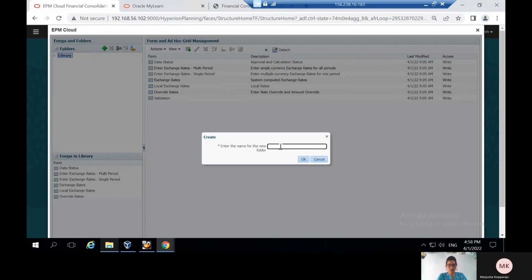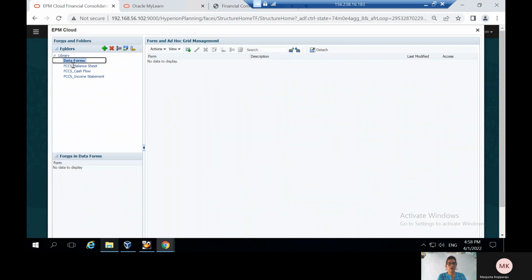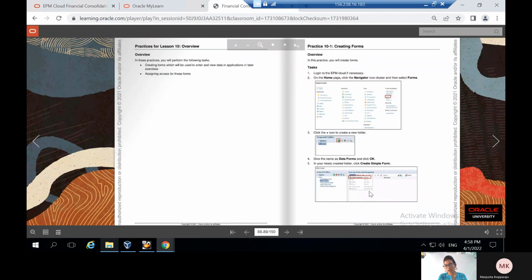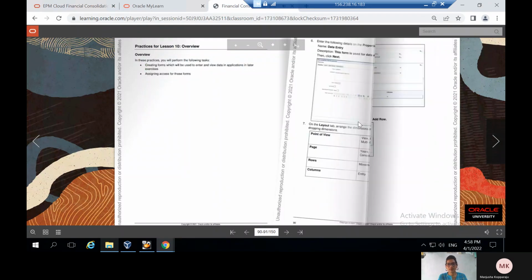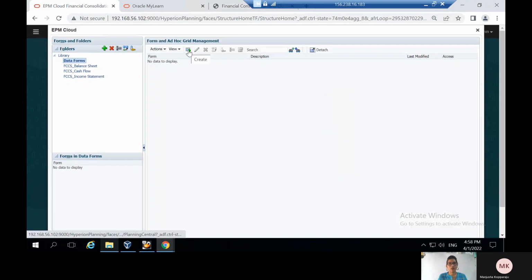So the name is data forms, it is already there. So click on OK. So we have to select this one. And the next step is, in your newly created folder, click create simple form and then enter the following details on the properties tab. First, we have to simply click on the create plus icon, or else under actions, we have this option